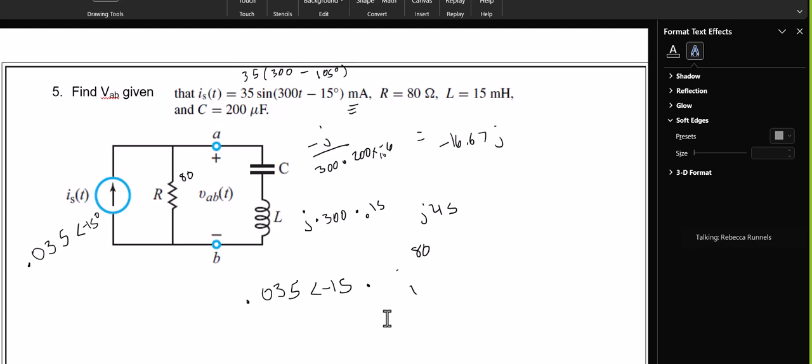Yeah, I agree. So it's 0.035 angle negative 105 degrees, since it's cosine. Thank you for catching that. So 0.035 times angle negative 105 times 80 over 80